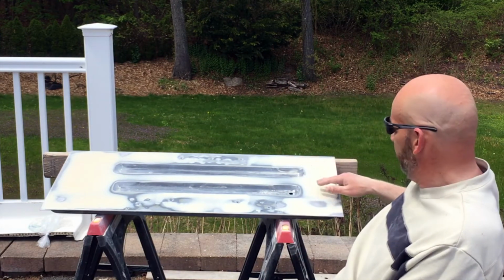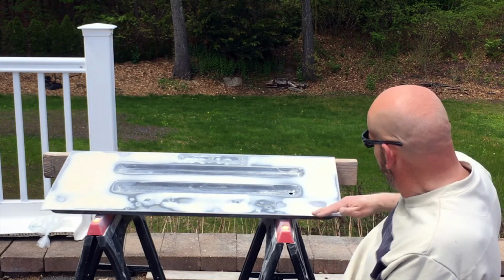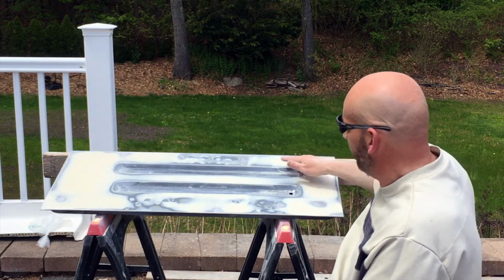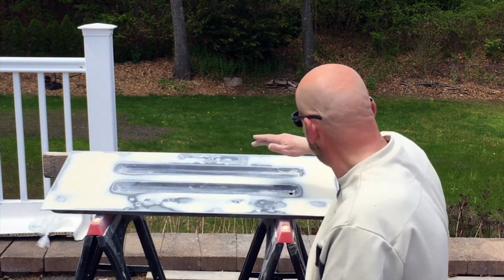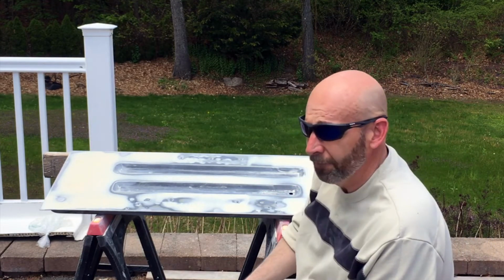This is good right here. There's my high spot, and I went off that high spot. And I'm trying not to bang anything in. So on the next coat, I'm just gonna do here, have a little spot right there, and then I have